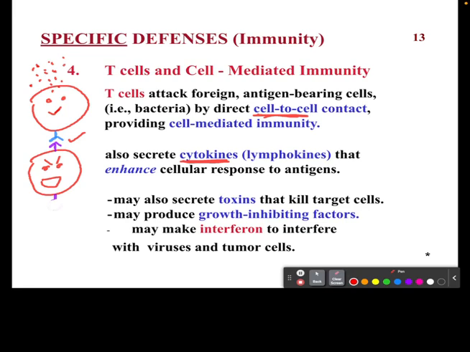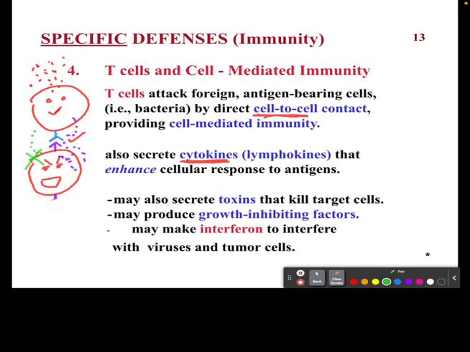Another thing that might happen, instead of the cytokines, maybe they release toxins. So in this case, these little purple dots, maybe they release toxins that will bind to the surface and destroy the pathogen. Another thing you can do is produce these growth inhibiting factors. So maybe in green. So maybe these growth inhibiting factors can attach and tell the bad cell, or the pathogen, it can no longer grow and it can no longer divide and stop it from proliferating out and interfering with